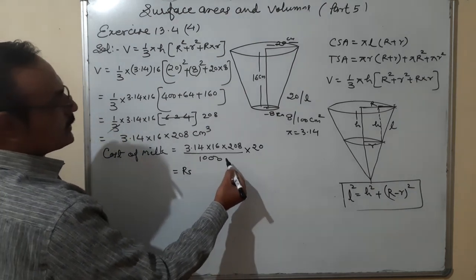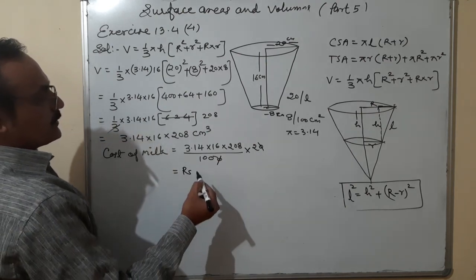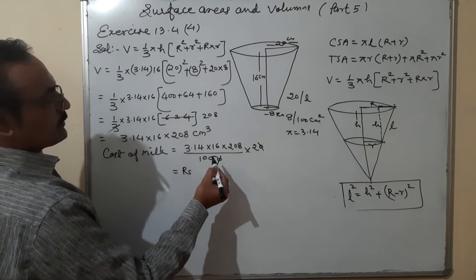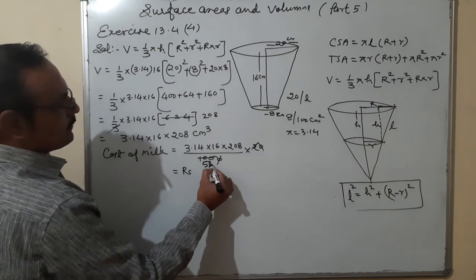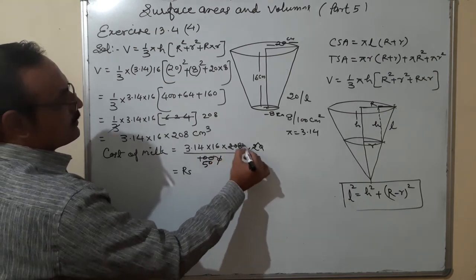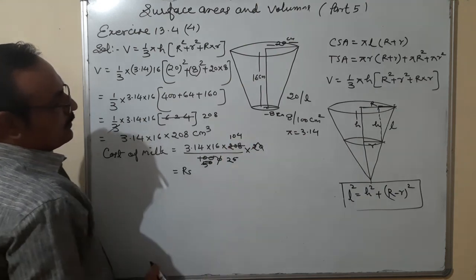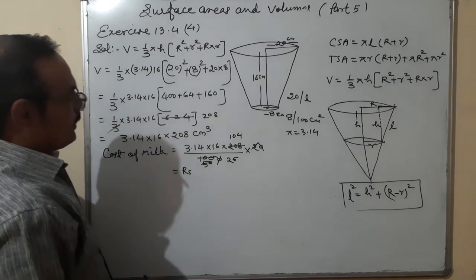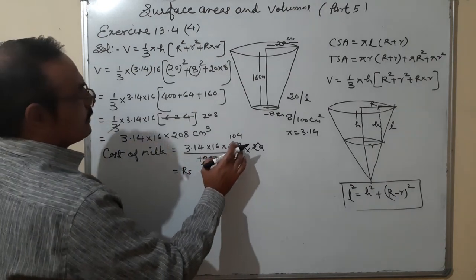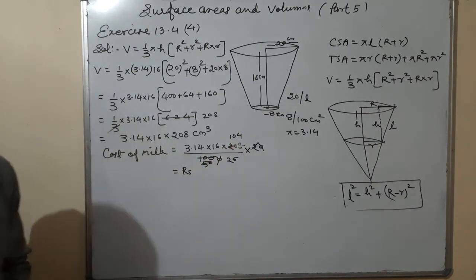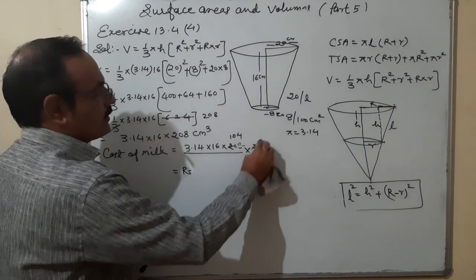So let us solve it. Zeros cancel. After that, 104, it is 25, and now it will not be cancelled. So if it will not be cancelled, then what should be done? I think better to do one thing: this 208 I am writing as it is, and simply cancel only one thing. Actually this is the procedure.